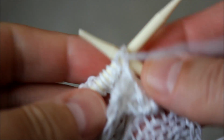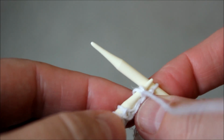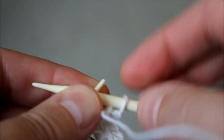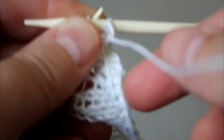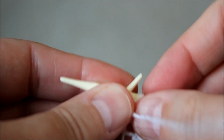Okay, I didn't attach all of the motifs because it's going to be heavy. So I just attached the triangles of the pattern. So what we're going to do is we're going to be purl stitching the 2 stitches together, and then be careful because this is the first stitch. We don't want that stitch to get longer because the bottom is heavy. So hold it with your hand and then continue purl stitching the yarn on the front,